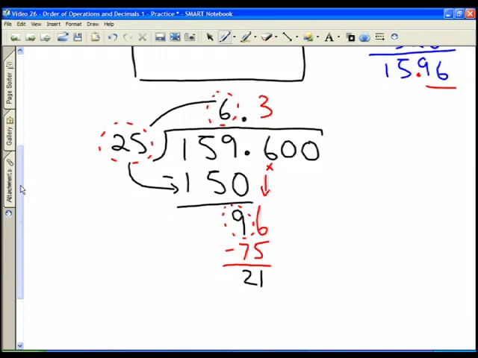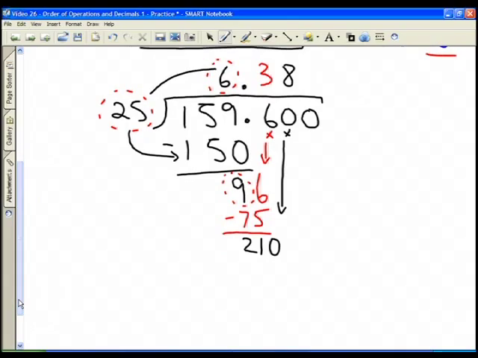And now I carry down my next digit. 25 goes evenly into 210 8 times, and 8 times 25 is 200, and I write that result below. And now I subtract, and 210 minus 200 is 10, and then I carry down my 0